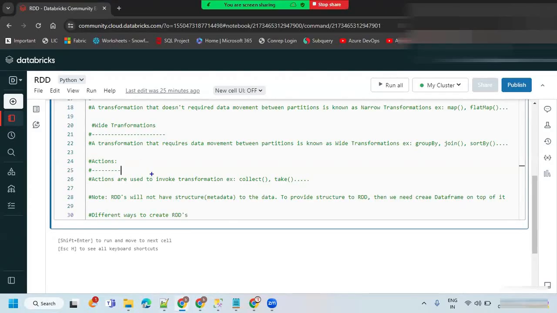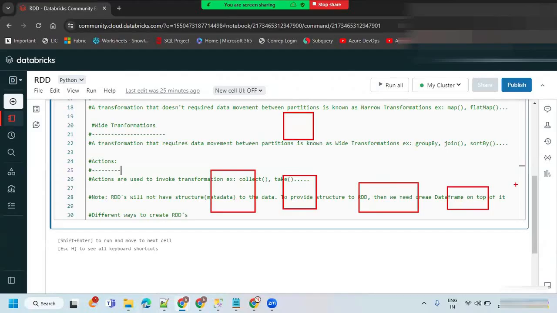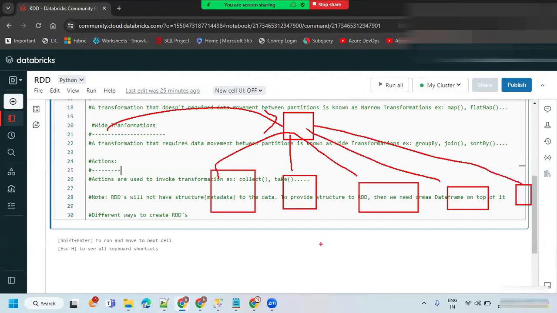Guys, one thing I always say: what is happening behind the scene, we don't need to worry about it. How this cluster is going to work, those are all theory points. When you submit the request, how it is distributed is an internal mechanism.